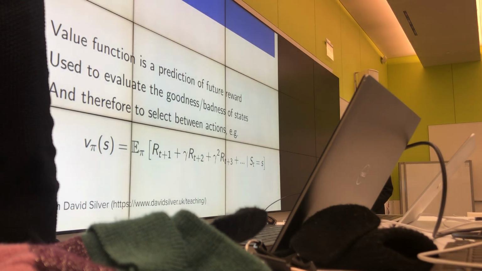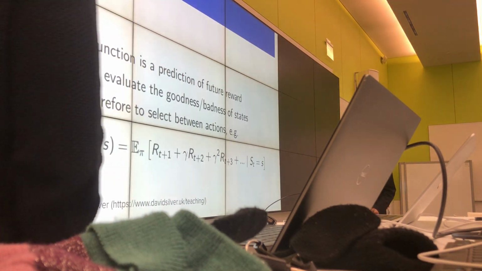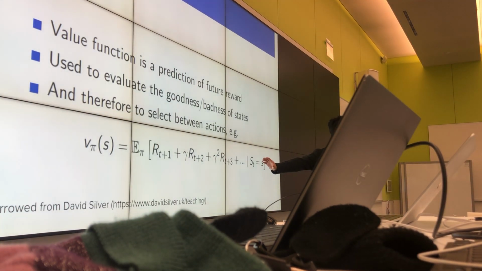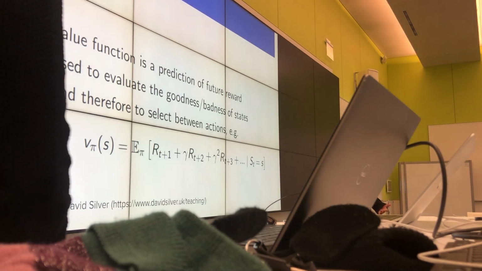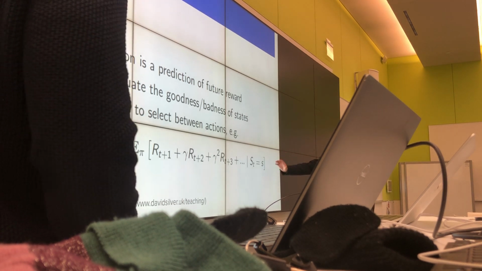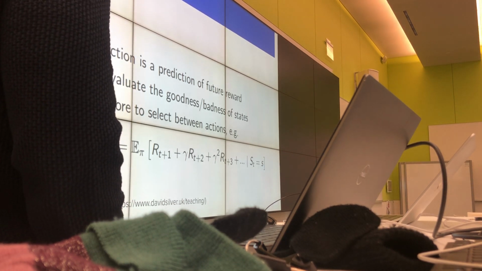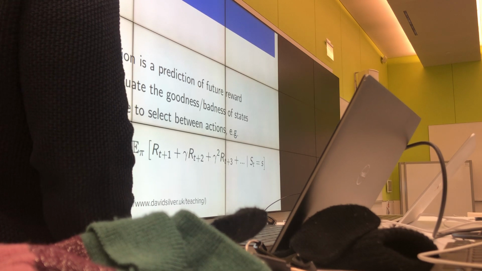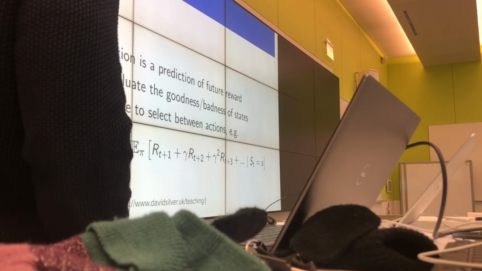Right, so this value function that I was talking about earlier is exactly the sum of discounted rewards. And then we take the expectation of this over the policy's behavior. It's important to do this because it's stochastic, right? All of these r's are random variables here. So if you have this, then we can see how good each state is, and we can choose which action to take based off of that.